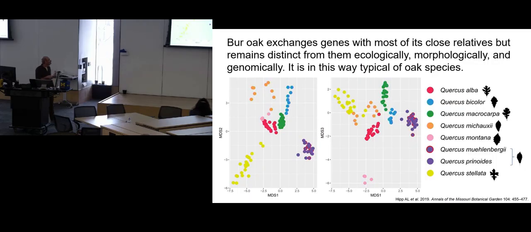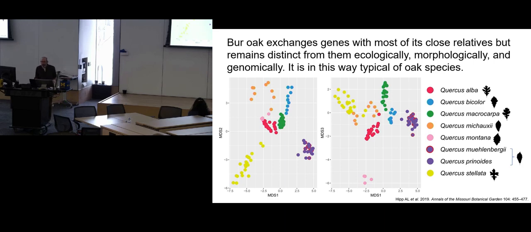So if you look at the genetic variation in bur oak, what you're looking at here is an ordination of single nucleotide polymorphisms, a small number of them, 75 sampled from across the genome, and we've just ordinated them. We've put them into 2 dimensions, taken all the pairwise genetic distances, and said, for each individual tree, who's most similar to you genetically? And whoever's most similar to you genetically falls close to you in ordination space, for the most part. And what you find is that bur oak, Quercus macrocarpa, is distinct genomically from all the